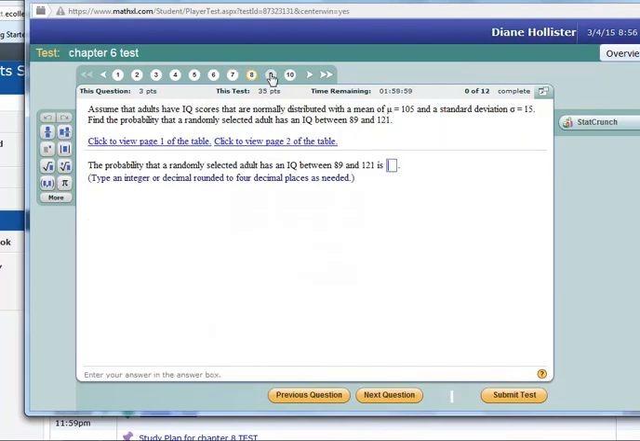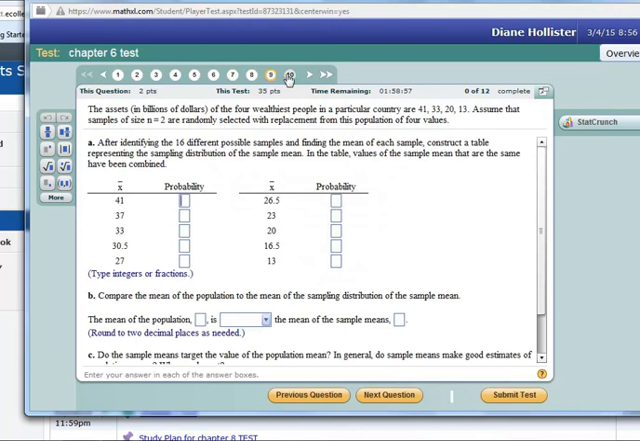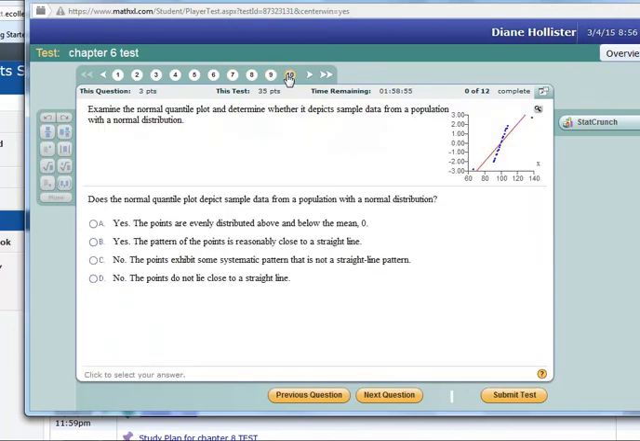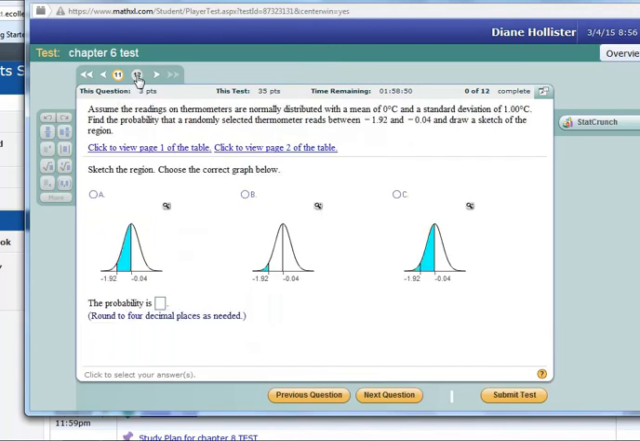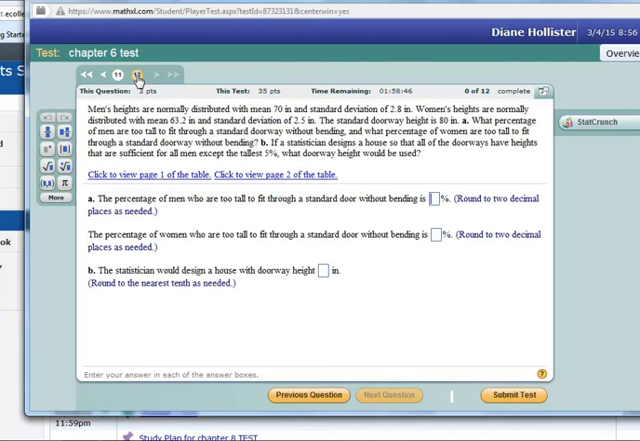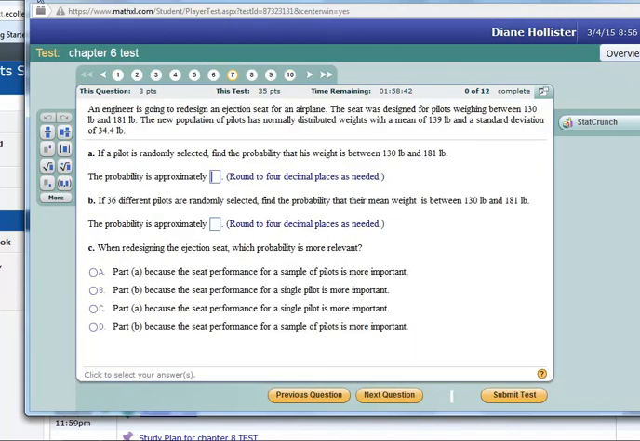There's another one where we're looking at IQ scores using the normal distribution, doing some sampling, looking at a quantile plot, reading our z-scores, and the heights of doorways. So we're going to go back and take a look at just one of them here, just for one additional